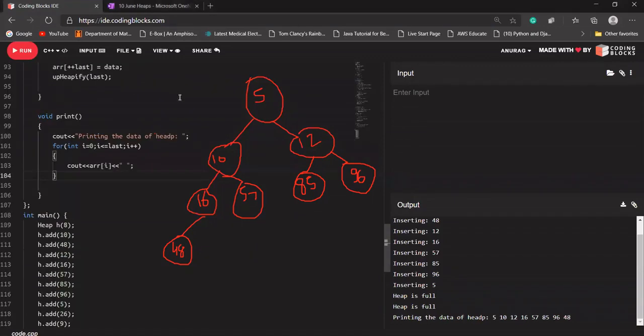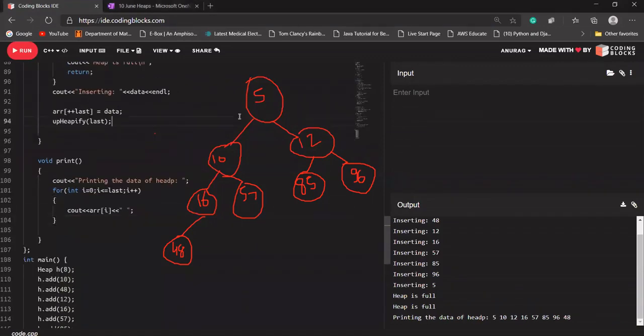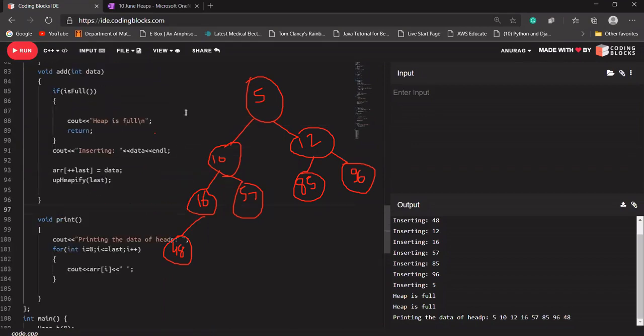You just need to do the same for the remove function as well. I think you will do that. If in this case I want to delete something, the 5 should be deleted. So I'm going to replace 5 with 48, and again I'm going to call our down heapify function. For down heapify, I'm going to come down and down. I'm going to check which of the children has the lesser value. Okay, I think you can do that.